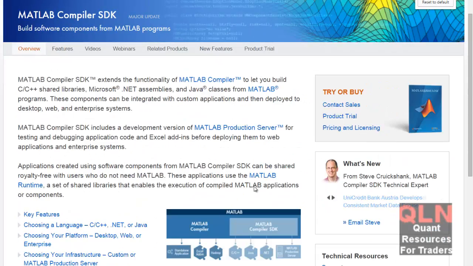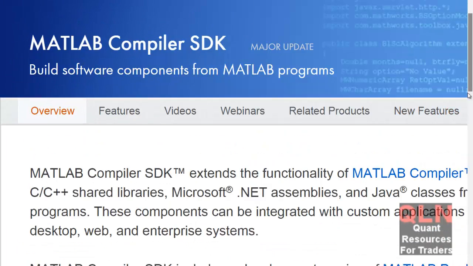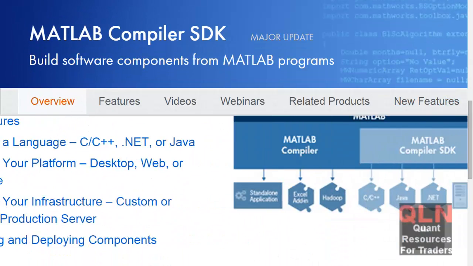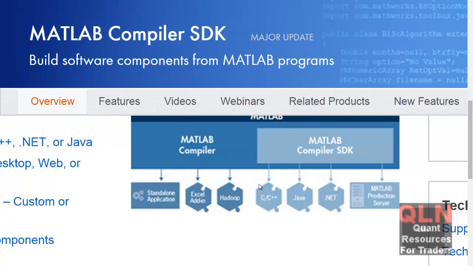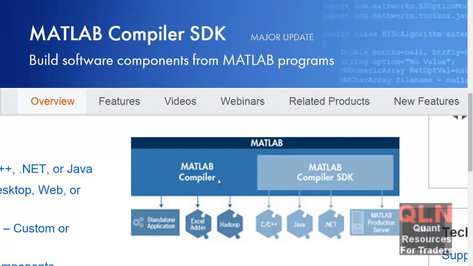Now, you can go on and on all you want about R and Python, but to be truthful, the real power is in this, one of them for Matlab. With Matlab, you have the traditional compiler, so you can deploy, this is just in the last year they've added this, your standard app. You can also create an Excel add-in and use Matlab as a backend to serve up your Excel and connect the two. And on top of that, you could also build on top of Hadoop for your big data. I mean,